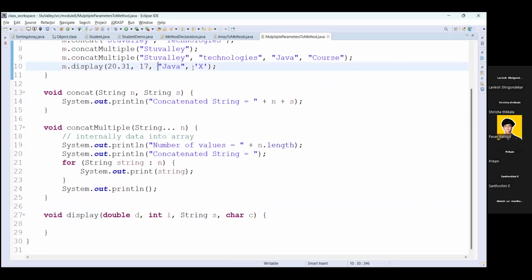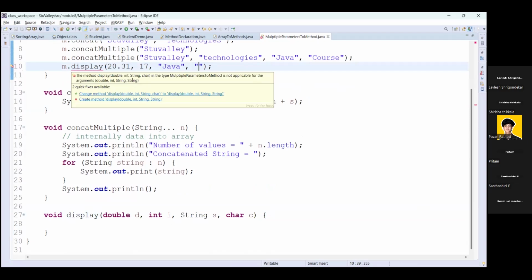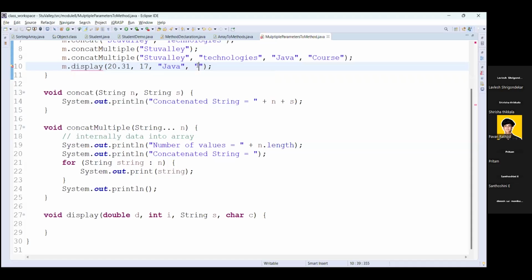If I change this, instead of character, if I change it to string, then it will give you an error, because the last parameter is not of string type. The argument should match the method signature, that is character. Okay, so this is your